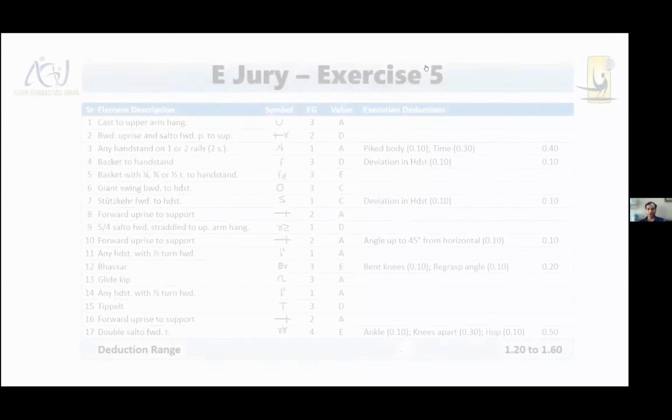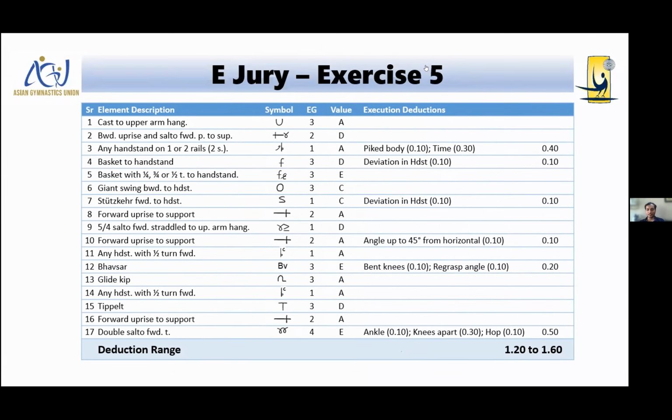Okay. So the deduction would be around in the range of 1.2 to 1.6. In the first swing to handstand, there was a time error and a little bit pike body. Otherwise it's all minor deviations, small errors, and in the dismount, a medium error for knees apart.